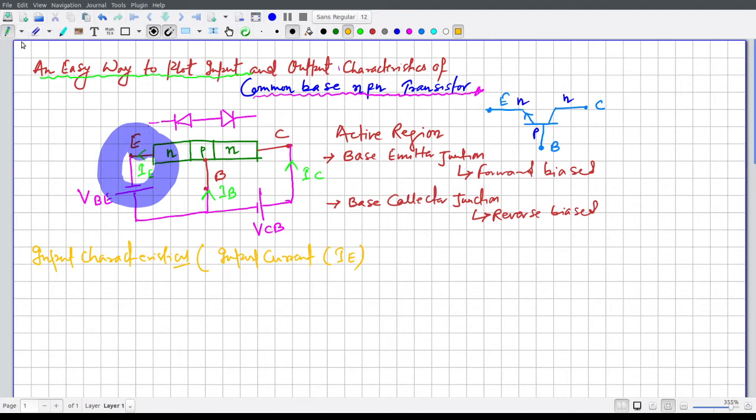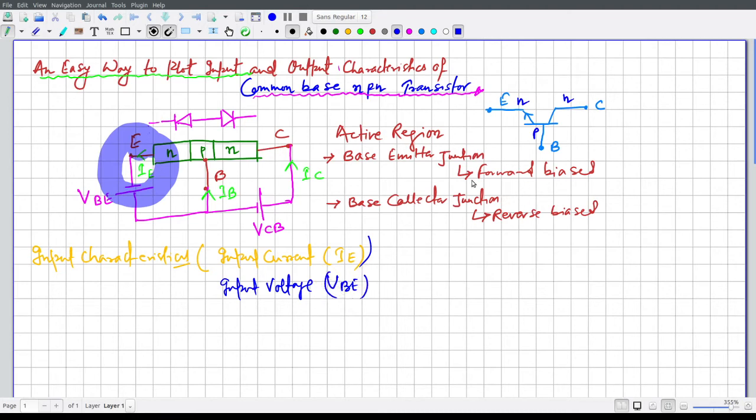And next, the other parameter for the input characteristics is the voltage. IE is the one thing, and the other one we have to plot is the input voltage, which will be our VBE.